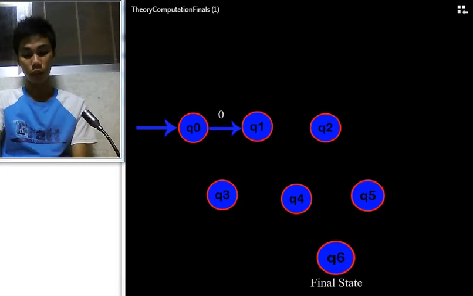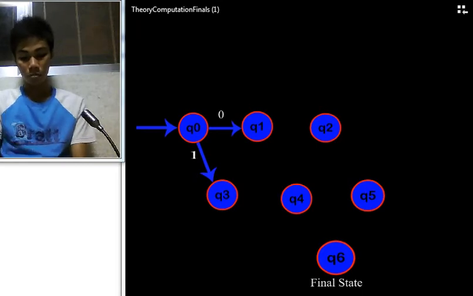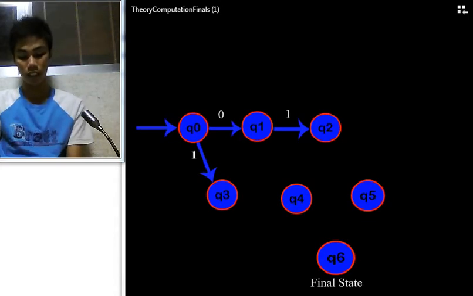But if string 1 exists in the first string, the start state should pass this transition arrow with alphabet of 1 to the state that catches all reject strings. That is state Q3. Now in Q1, the transition arrow with alphabet of 1 should go to the state Q2